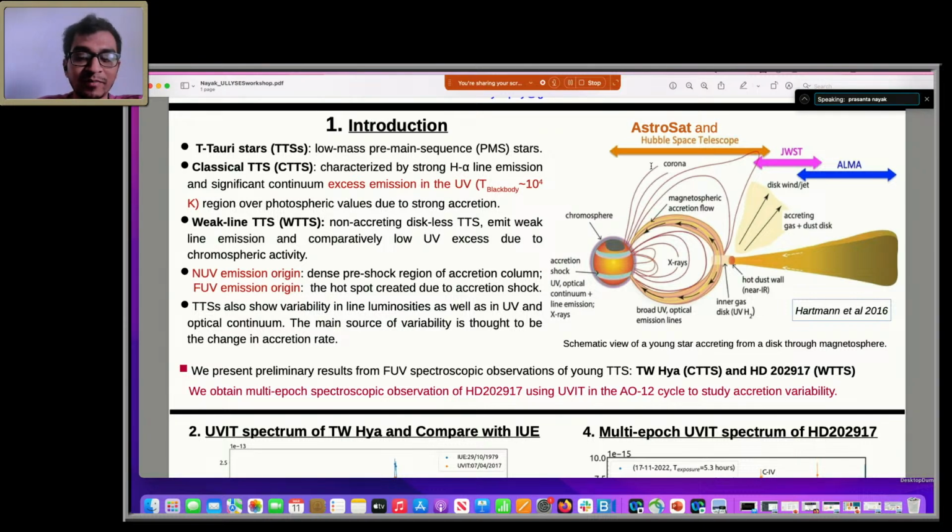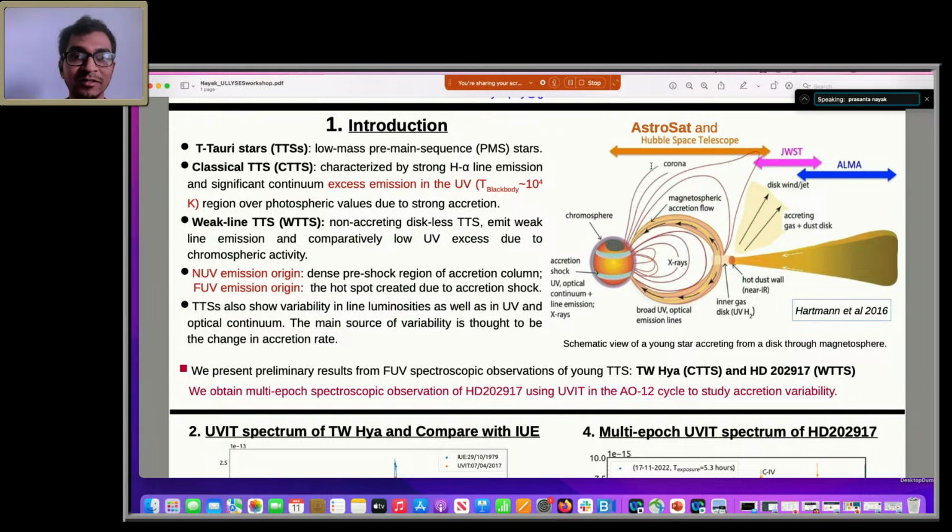So we proposed for a couple of classical T Tauri stars, including TW Hydra, RW Auriga, and a weak-line T Tauri star HD 202917. But unfortunately, we got time only for HD 202917, and we got only 2 epochs of spectra. From the spectra, we see that it can nicely detect the carbon IV line, but the problem arises because the